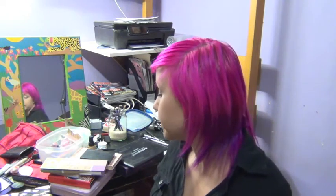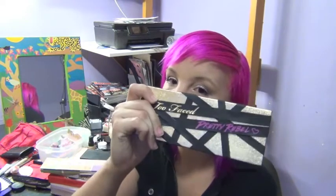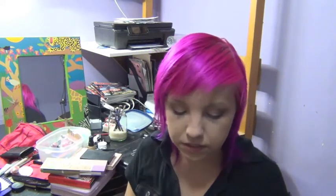Oh guys, it's tricky. I'm gonna say Pretty Rebel. Because I know as soon as I got this, I was astounded. The blue, for whatever reason, I'll try and take some of this makeup off my fingers. The blue in this one,